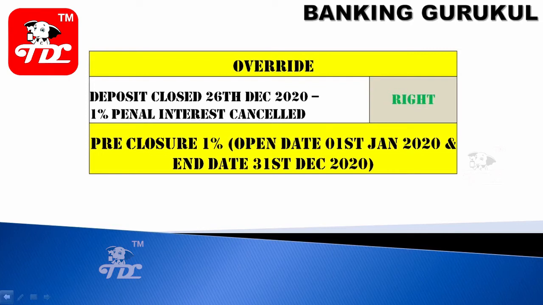Override. Override means some charge is there and you want to give a waiver. In my scenario, if you want to open a deposit for 1 year and you want to pre-close, I said a 1% penalty is there. So while closing, the system may charge 1%. Now, if the customer is a good and reputed customer for the bank, you want to give a waiver. Who has the permission? Only the branch manager has the permission. So with the branch manager user ID only, I can override the penal interest. You have to test these things also while doing fixed deposit testing.